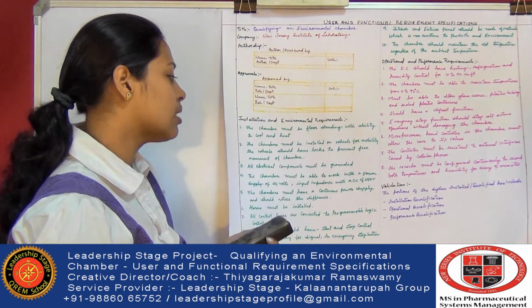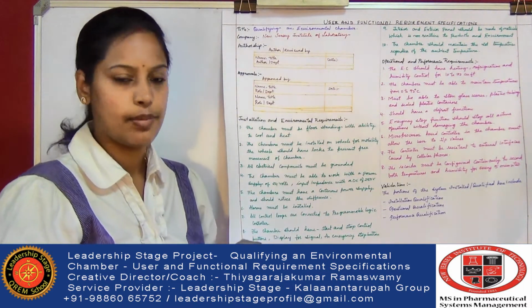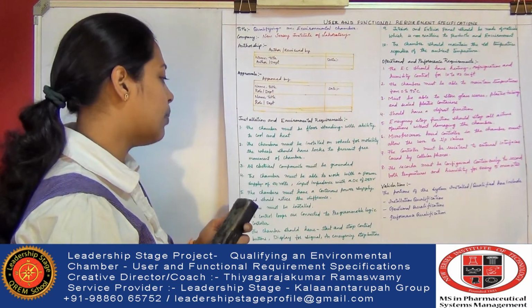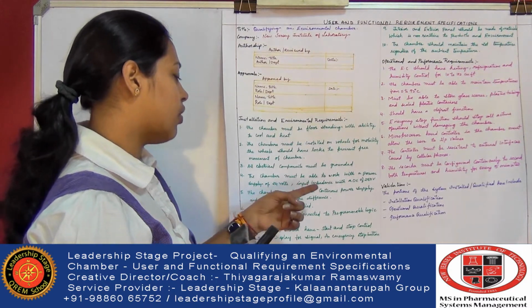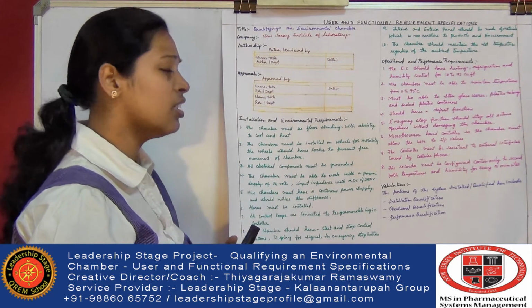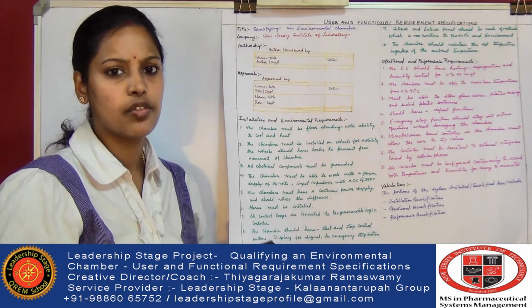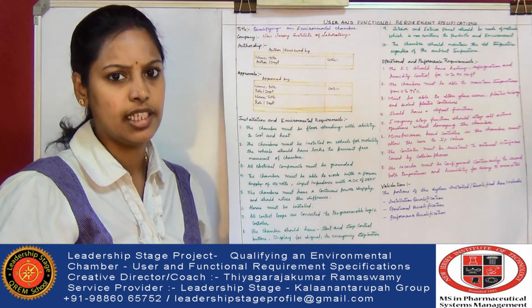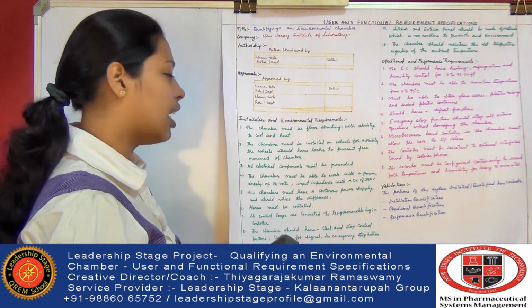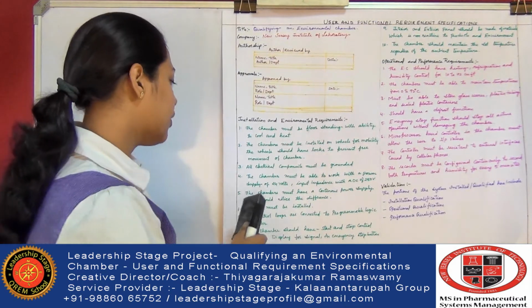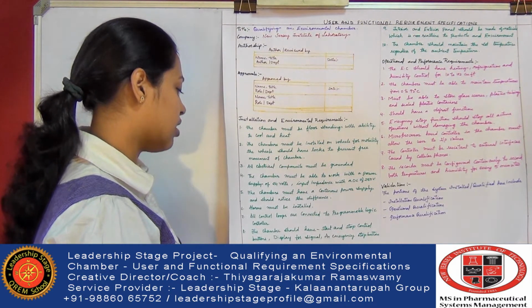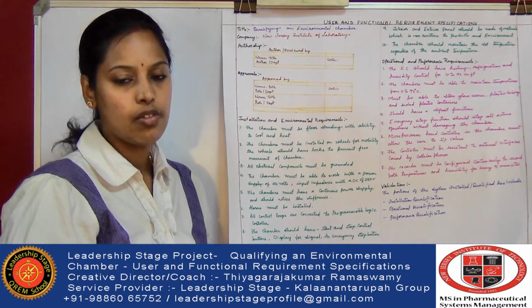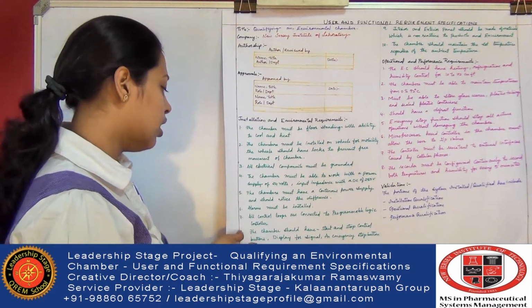All electronic components must be grounded for the safety of the lab technician. The chamber must be able to work with a power supply of 24 volts and an impedance of 250 volts. This is very important because high voltage may lead to damage of the internal panels of the system, which will ultimately affect the processing of the system. The chamber must have a continuous power supply and should notice the difference. That is why it should always have backup support.